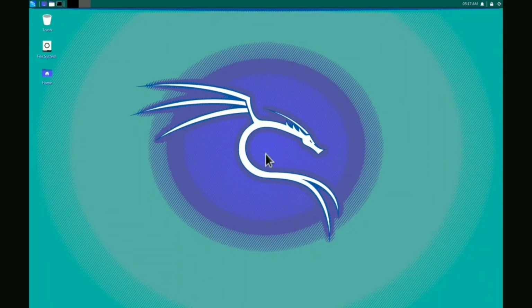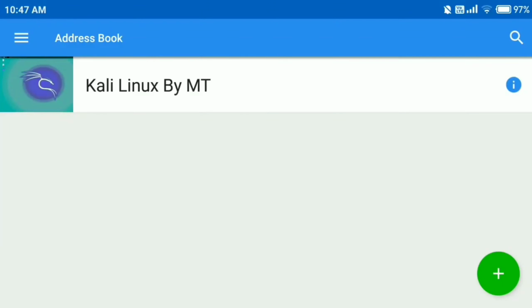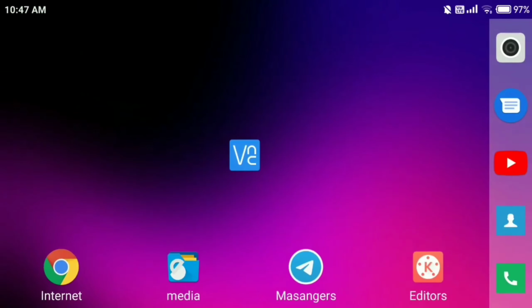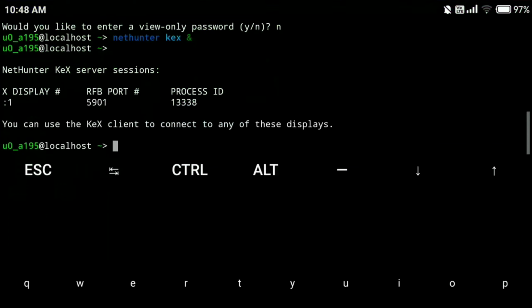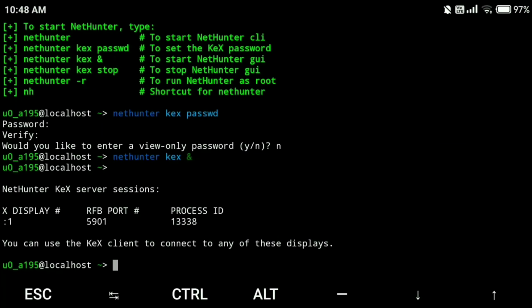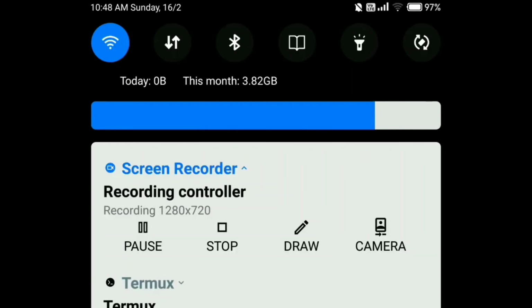Okay, so we are going to experience this Kali Linux on our Android device, but what if you have some issues? Like, I'm going to exit that software. Now I'm going to exit Termux. I'm going to fix some issues. Okay, so let's see how to fix those issues. First you need to exit all your tabs. You can see I'm going to exit Termux as well.